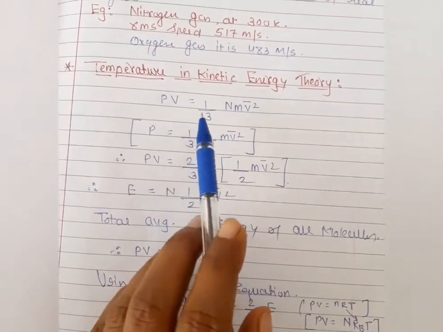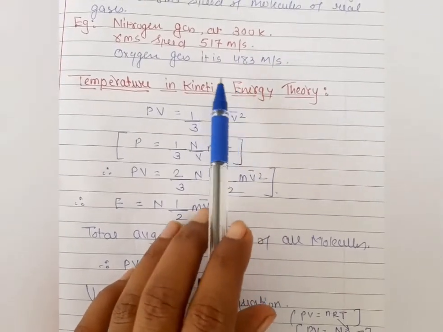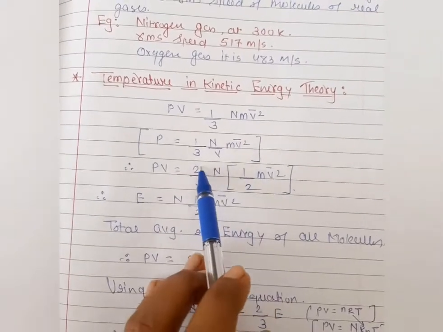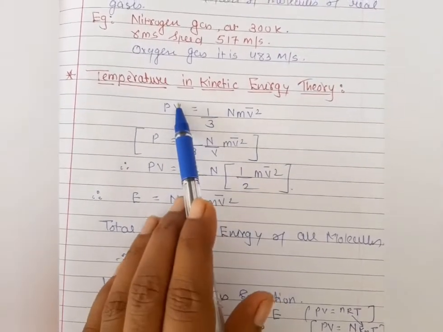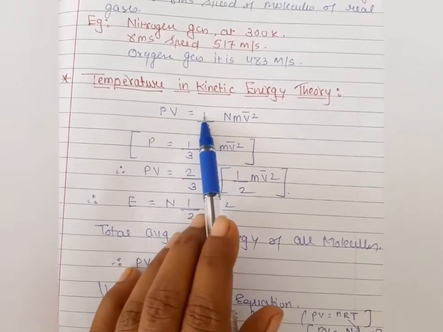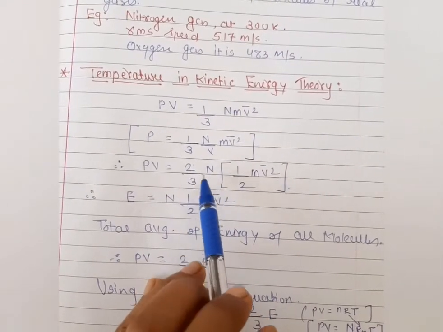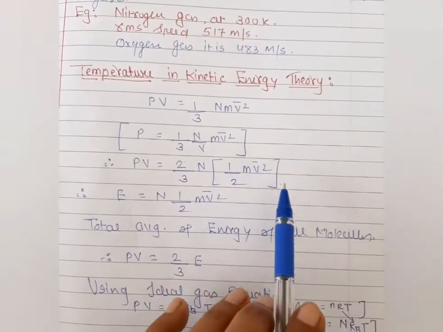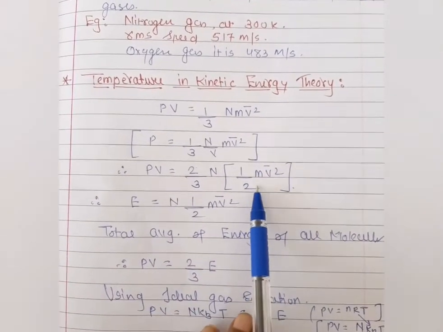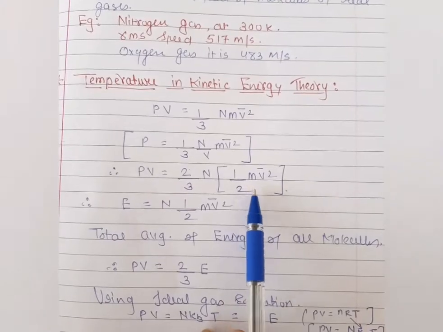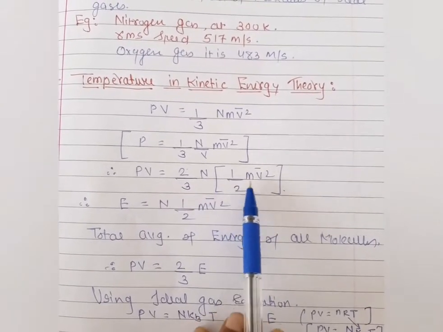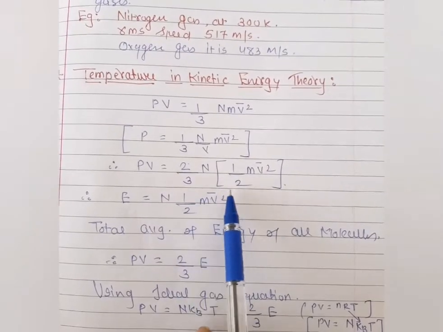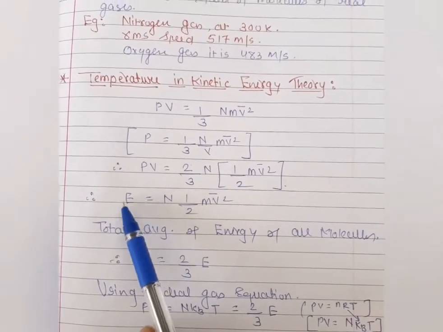Then what we are doing in this formula is converting this condition into the form of kinetic energy. So here again we are multiplying and dividing by 2. See this condition, PV as it is, multiplied and divided by 2, so 2 by 3 n, and here 1 by 2 mv square. As you know very well, students, 1 by 2 mv square is nothing but kinetic energy. So here n times 1 upon 2 mv square, that is the number of molecules times the mass and velocity of the molecule, is the kinetic energy.